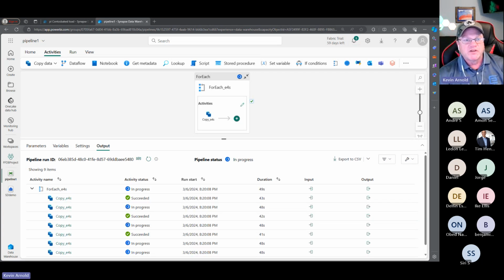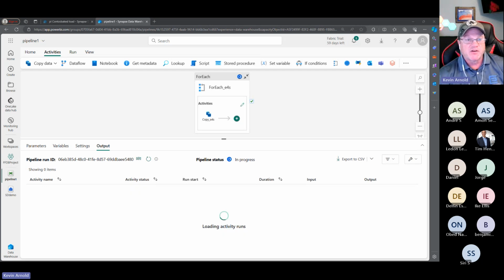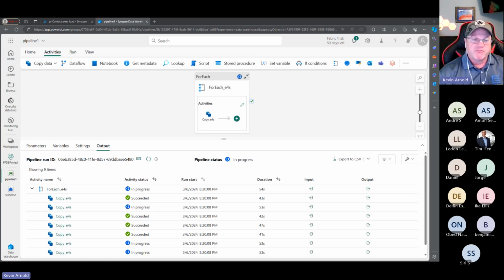And no, pipeline 1 was not added to my Git repo, because the Fabric Git integration only works with Azure DevOps. And this Git repo that I have as the Fabric database project is over on GitHub. So GitHub is not supported yet as a method for storing artifacts. That's another one we hope will be coming, but they started with Azure DevOps. Okay, so you can see that this is continuing to run.